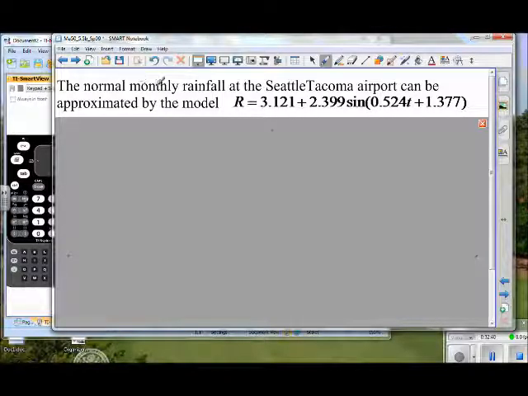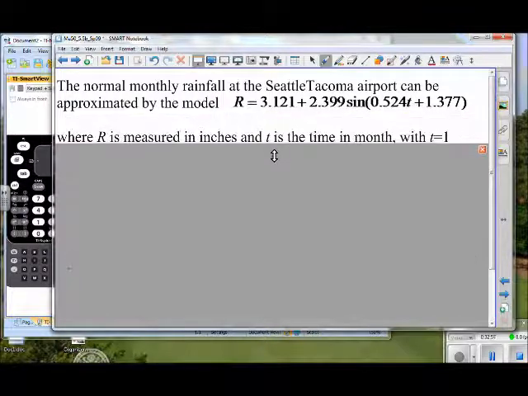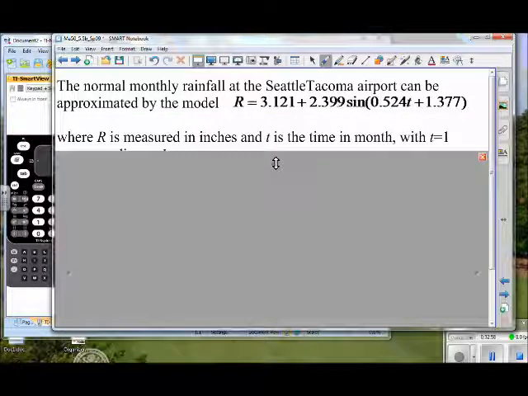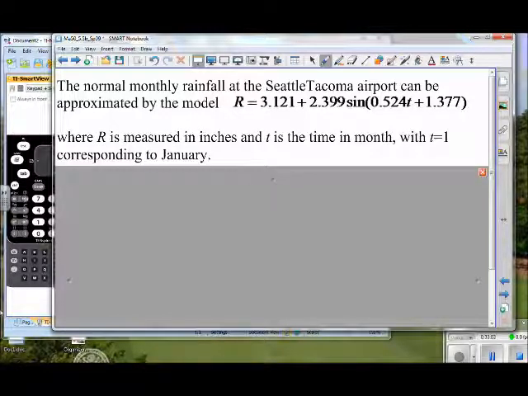We're told that the normal monthly rainfall can be approximated by this function. So we're looking at a variable of t. What does the t represent? First of all, r is measured in inches. t is the time in months, where t equals 1 corresponds to January. So if you want to know the normal monthly rainfall in January, you put a